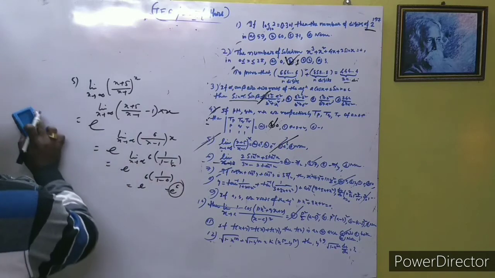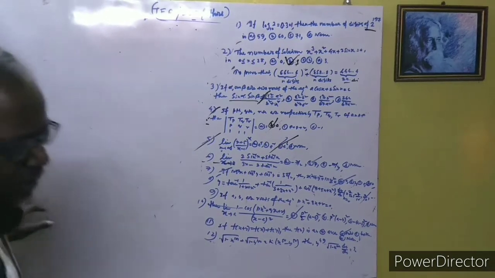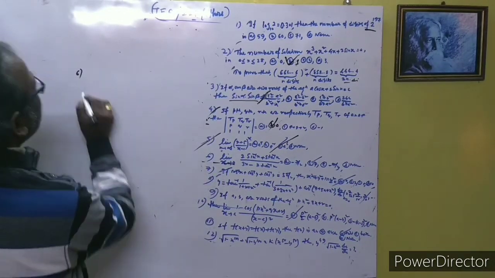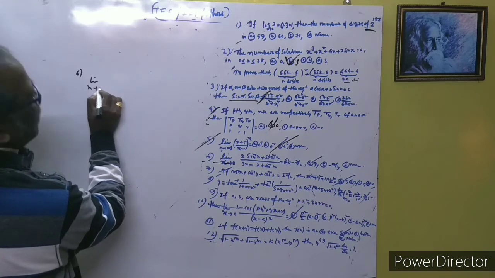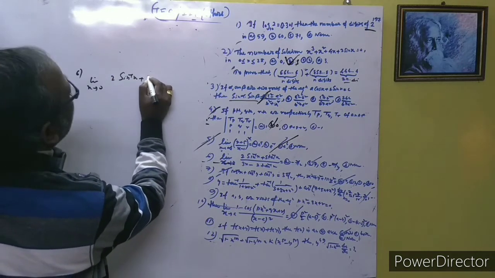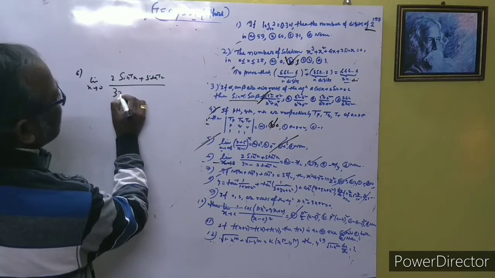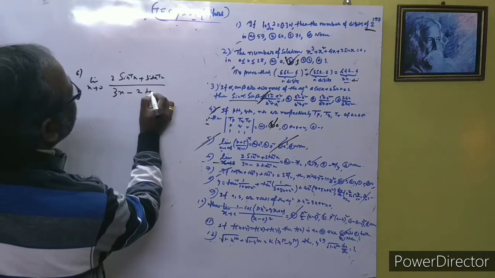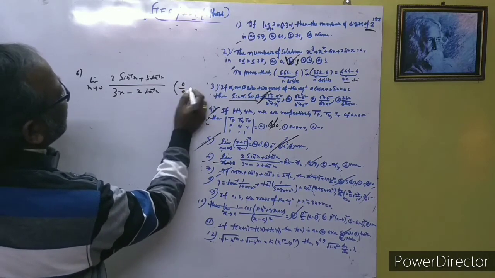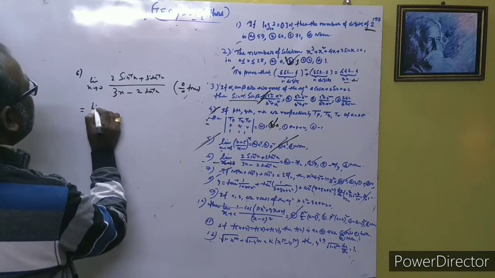Okay, and now follow question number 6 here. So this is the formation of that, and see the solution. And for this technique, here is another procedure we want to follow. 2 sin inverse x plus 5 tan inverse x over 3x minus 2 tan inverse x. See, this is the 0 by 0 form. This is called the indeterminate form.